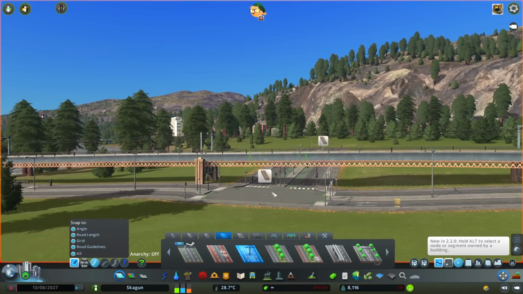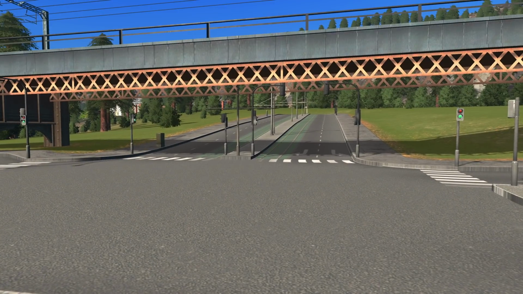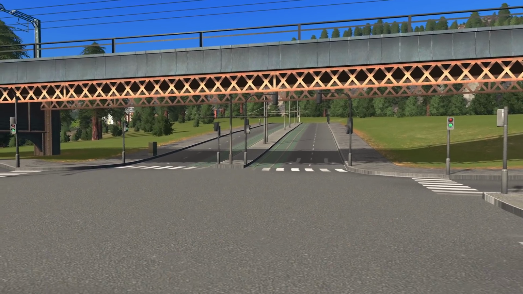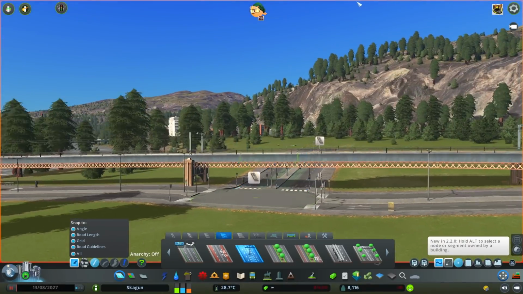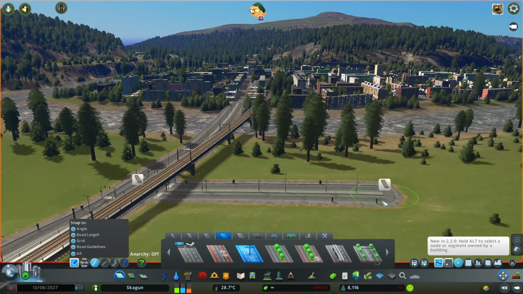So you can see, actually, let's go back into first person mode. Let's go have a look. So I think that should be okay, because you can see the traffic lights. I can't really point, but you can see the traffic lights are just touching the top of the train line, so that should be okay for vehicles and the tram to go underneath. And this is going a little bit high. Actually, let's just raise it down a little bit there,